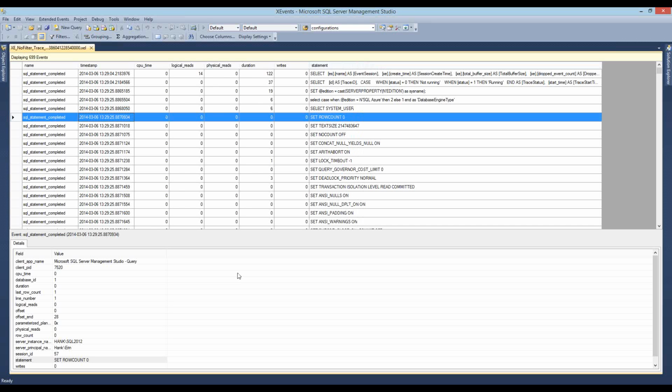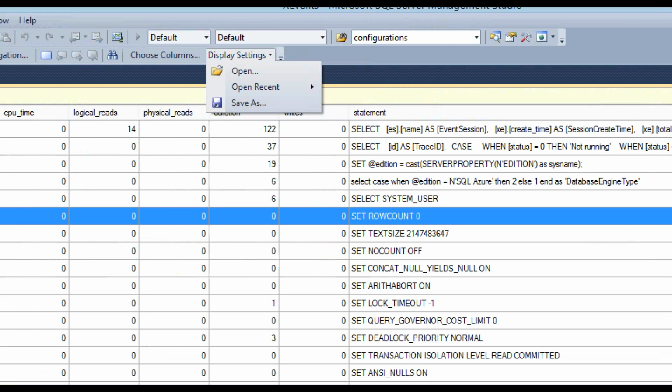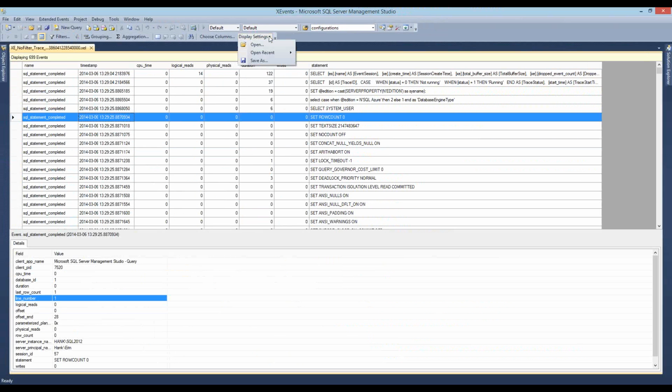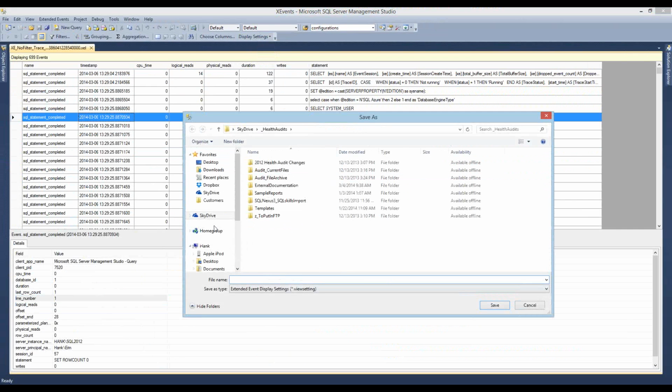And so now at this moment, I can get it to kind of look like Profiler, right? What we're used to. But this is going to be a lot better than Profiler. Now, you don't have to right-click, show column in table every single time you open an XEL file, because you have these display settings up here. Let's just zoom in on this. You've got open, open recent, and save as. You can save these settings.